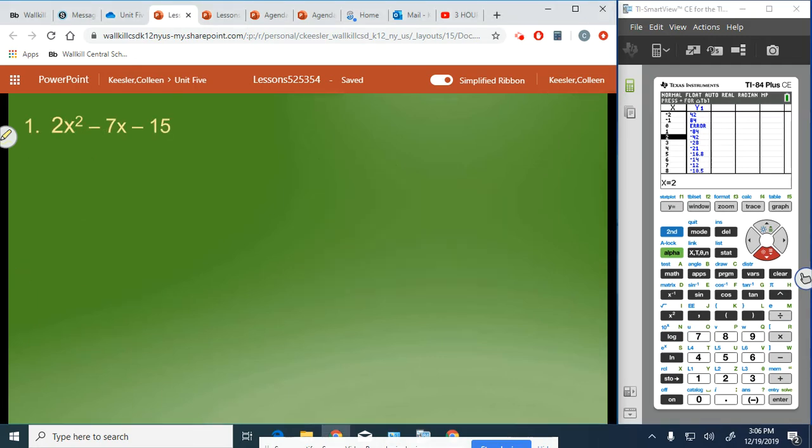All right, so here's number 1. Again, first step is to multiply a and c. So 2 times negative 15 is negative 30. And we want a sum of negative 7. So if we go to our calculator and we put in y equals negative 30 divided by x,